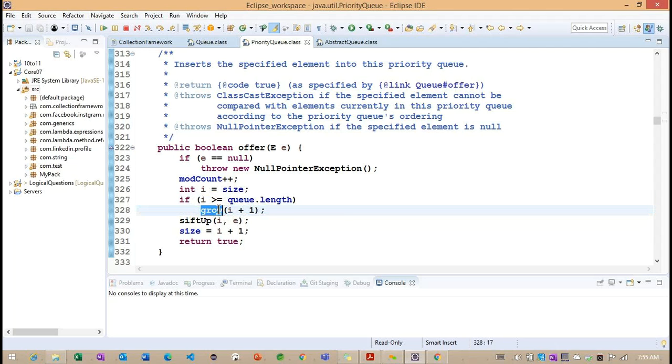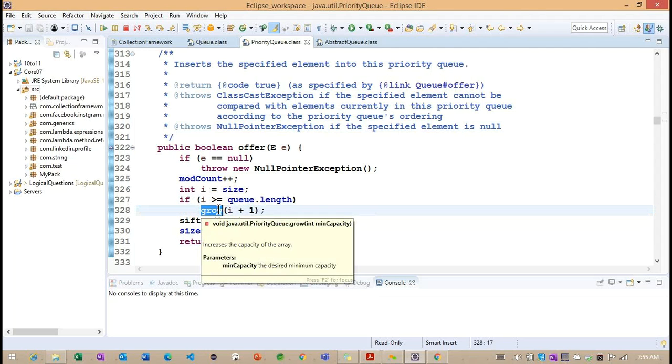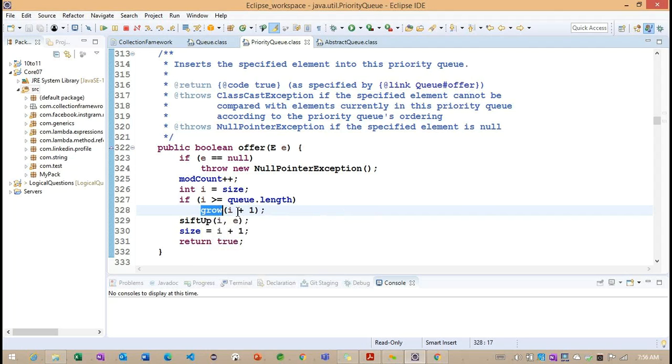Based on this, the object capacity or size will increase automatically. Explicitly we are not going to write any code. This is the main advantage we get from the collections, right? So now we understand the growing operation.